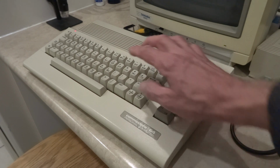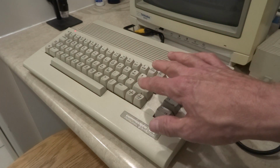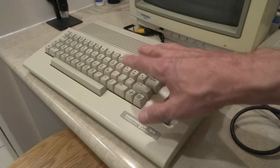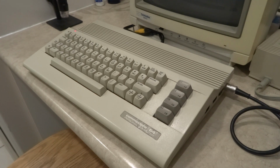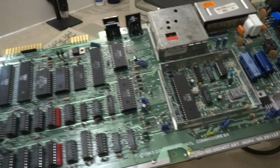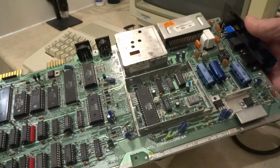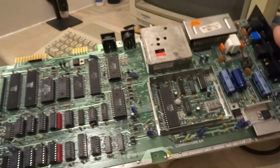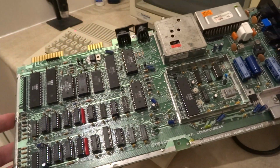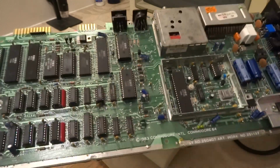So I bought this on eBay. The main reason was for the case. I didn't really care if the motherboard or the computer itself functioned because it was sold as is. I needed a new home to put this motherboard that I refurbished, repaired and recapped from another project I was working on. The case that it was originally in was not in good shape, cracked, and bits and pieces of it were falling apart. Now this motherboard here,